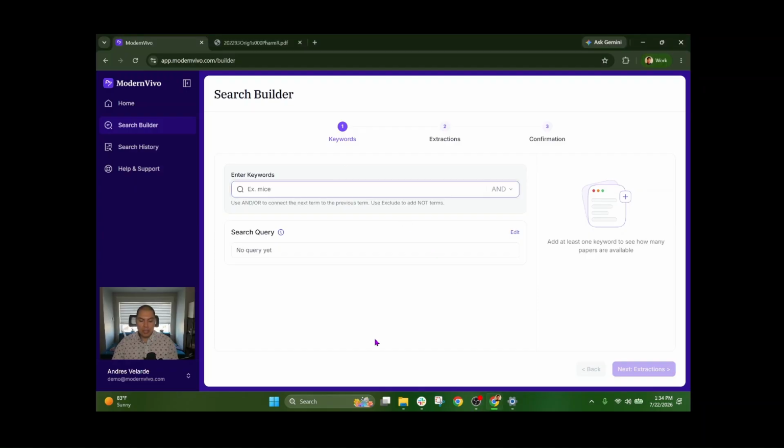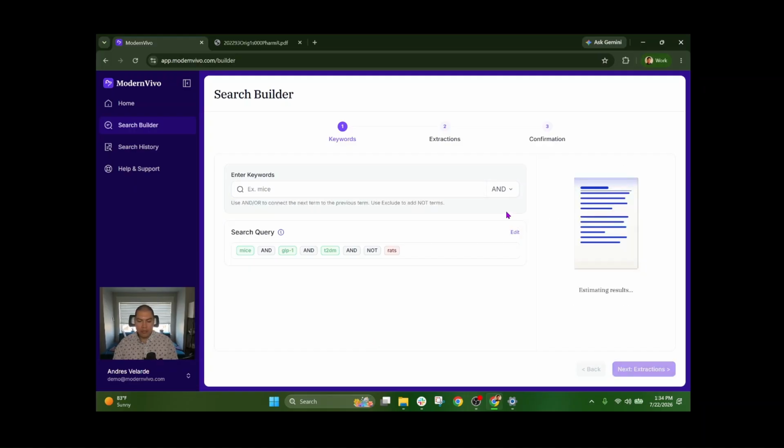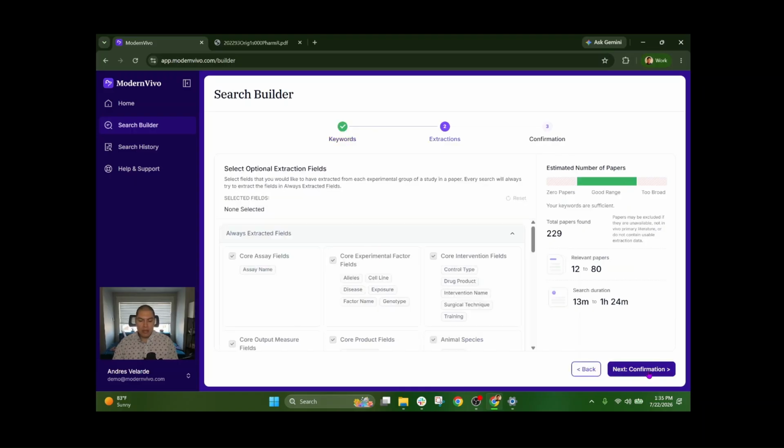Search builder begins by entering keywords you want to search for in the literature. In our case, we'll look for mice, GLP-1, and we'll also look for type 2 diabetes mellitus. We'll exclude certain terms that we're not interested in. In our case, we don't want to look at rat models. Once you have these, the tool will estimate how many papers are relevant, and then you'll move on to the